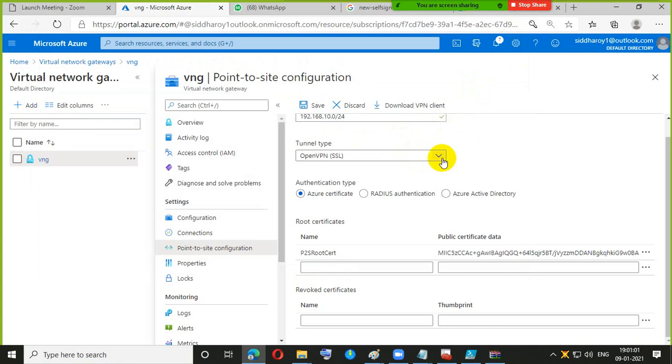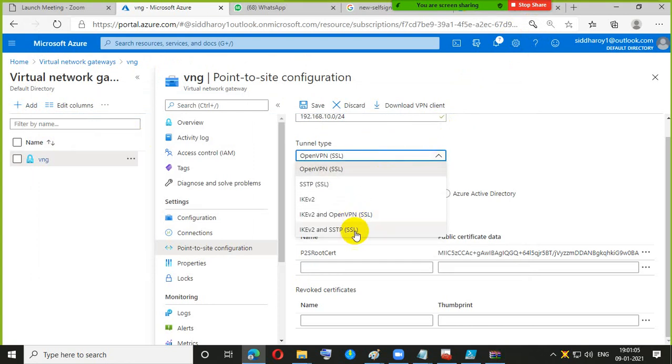Okay, so in that case it is not allowing us to do that. So I have to switch to SSTP (SSL), then I will try to do that again.